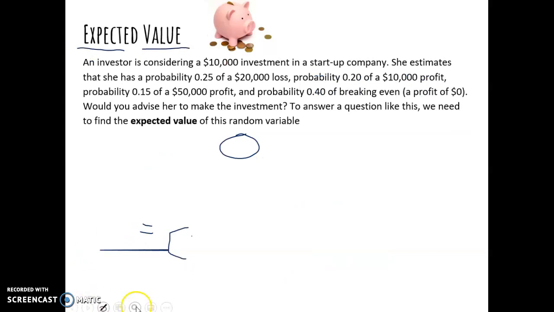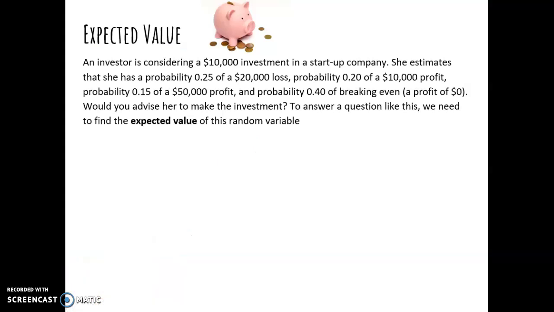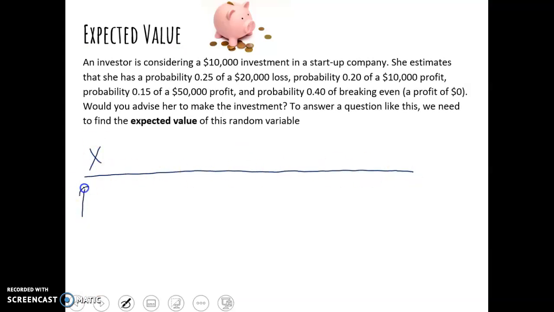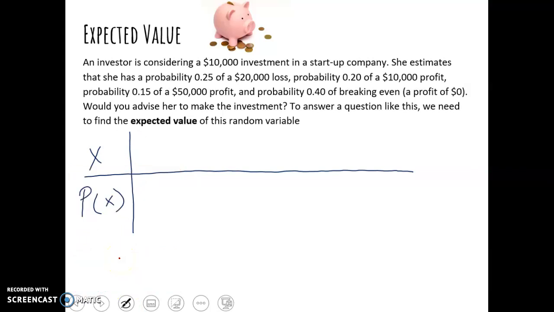All right, now going back, let me just show you how we would come up with this probability distribution. So first, what are all the possible outcomes? Well, let's just read the sentence. An investor is considering a $10,000 investment in a startup company. So then she's going to estimate the outcomes. She estimates the probability of a $20,000 loss